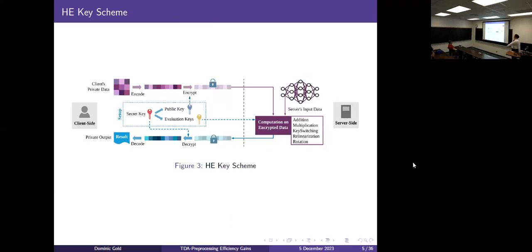So homomorphic encryption key schemes look just like that, where we still have a public key, but we have a secret key as well. And then we have one more thing called an evaluation key. I'll discuss what that is in a bit, but I'll run you through the very high level overview of what a homomorphic crypto system looks like. So in general, if you really boil it down, we have two parties. We have a client who is the data provider and maybe even someone who wants a task performed on their data. And then we have a computationally superior, but semi-honest and somewhat curious server, right?